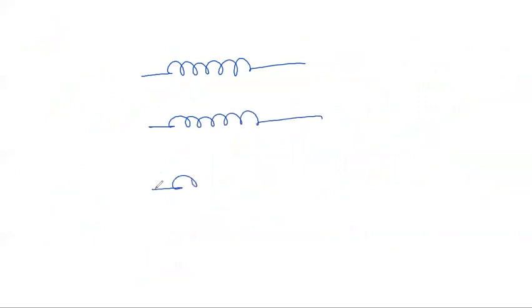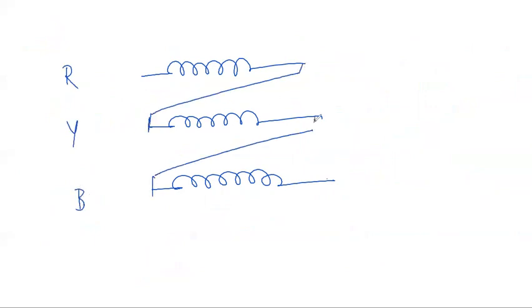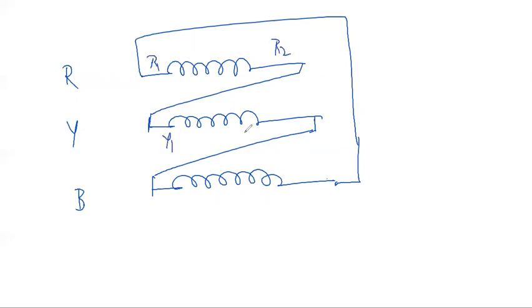If I want to analyze a three-phase machine here, let me draw a winding. So this is the stator winding which is to be energized. These are the three windings in the three phases. Let me call them the R phase, Y phase and B phase. And if I connect it like this, that would be the delta connected network. So this is R1 and R2, this is Y1 and Y2, this is B1 and B2.